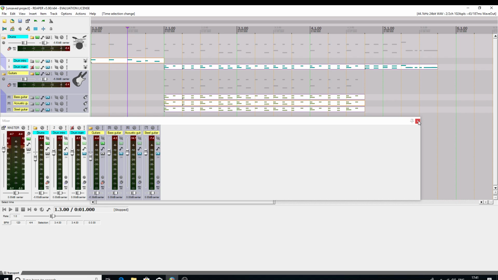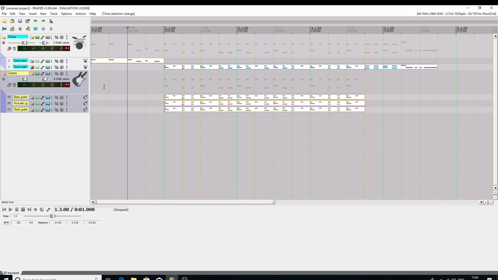So it's just some thoughts on how you might want to arrange your projects and make it easy for yourself to see exactly what's what using the color coding and the track icons. So next time we're going to actually start building this track, adding in more instruments, adding in some of the choral vocals, and see what we can put together and see how we start building the project up, really. One thing before we do that,